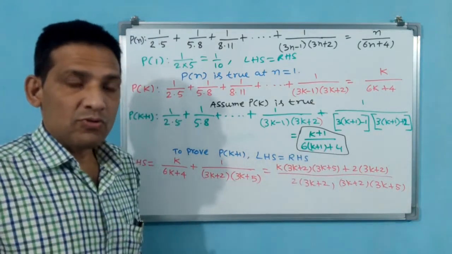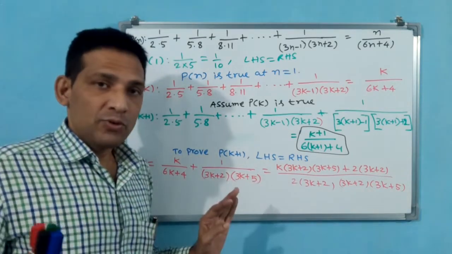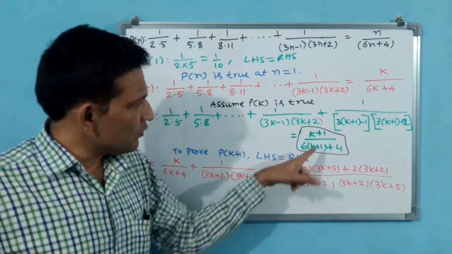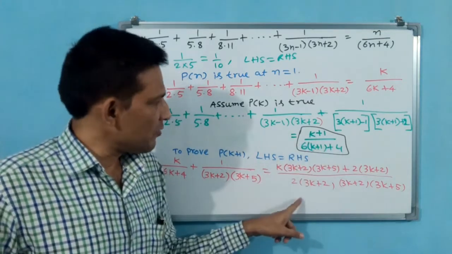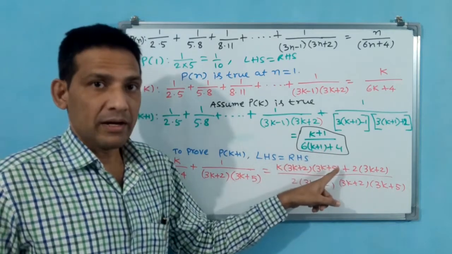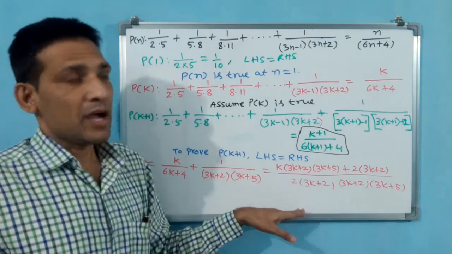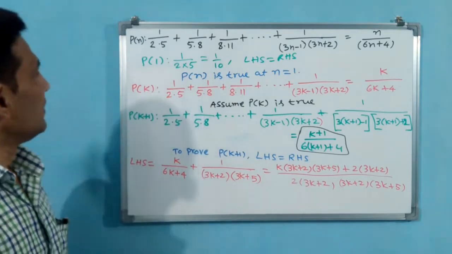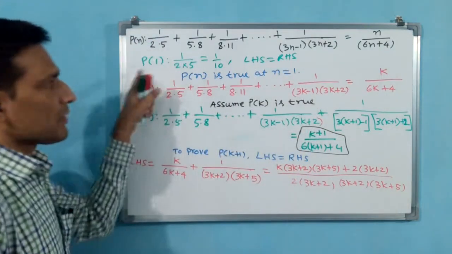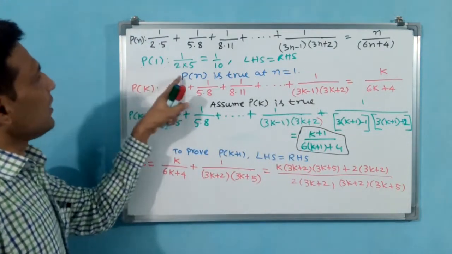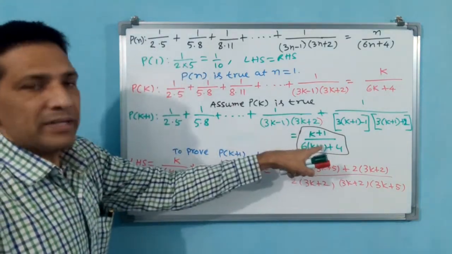See, here you are proving what is going to come. We don't know, like that you don't think. You know what is going to come. Numerator is going to come k plus 1. Denominator is going to come 6k plus 10. That you know. Like that only you have to think and bring this. How I am bringing, simply observe. I am going to remove up to here. You note down first by pausing the video. Up to Pn is true, I am going to remove and I am going to simplify this here. I want to bring this one.